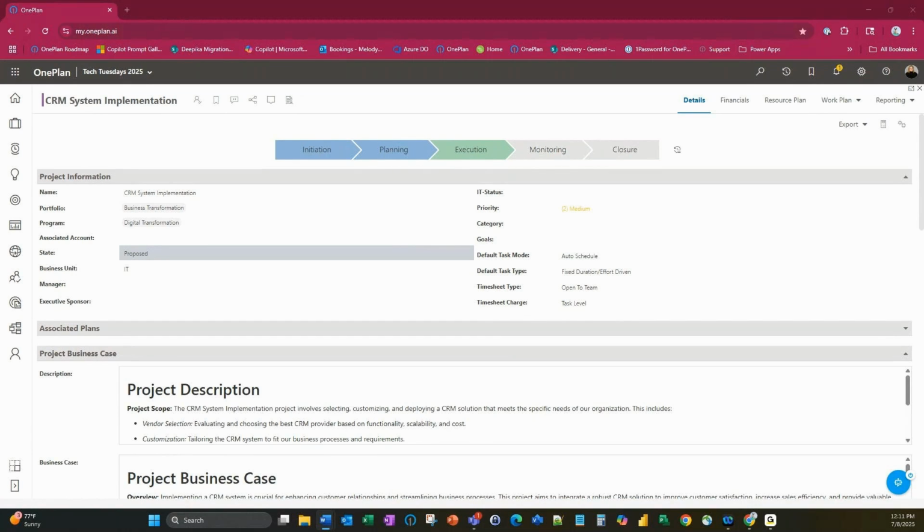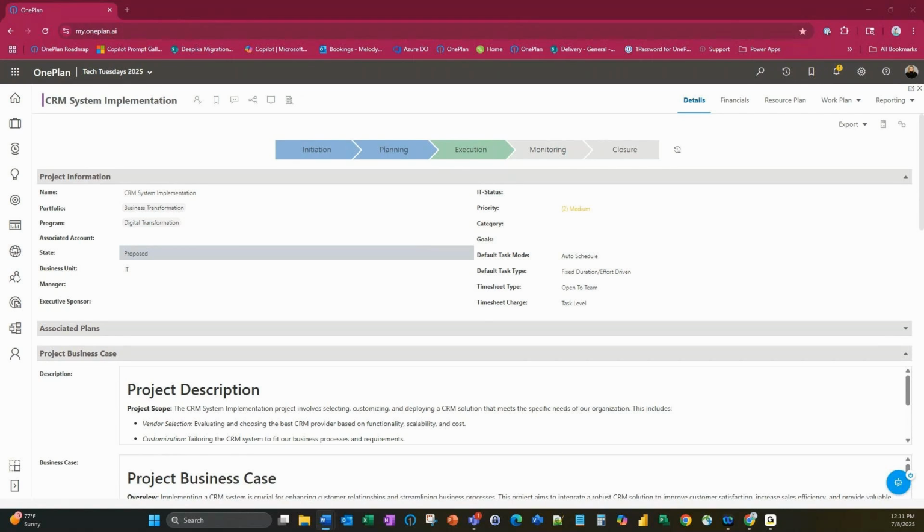As we said before, OnePlan offers a robust platform to manage agile projects by allowing teams to plan and track their work efficiently. As I said earlier, it can integrate with tools like Azure DevOps, Microsoft 365 Planner, and Jira, making it easier for teams to work in their preferred environment while maintaining a unified project management approach. For today, we're not going to talk about those external applications, which are great and wonderful if you have them. But we're going to go through best practices on how to implement Agile in OnePlan.